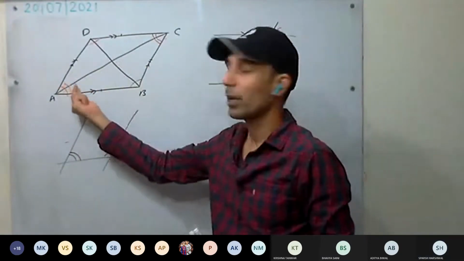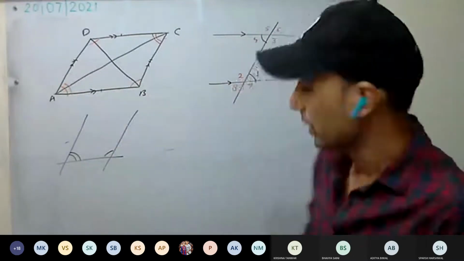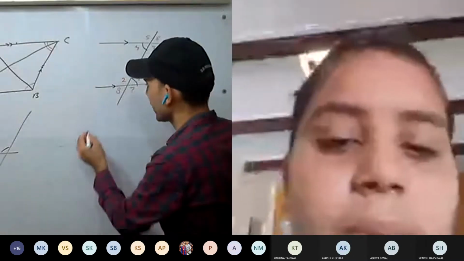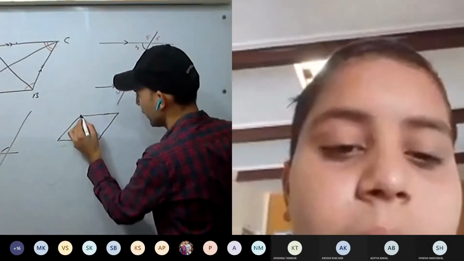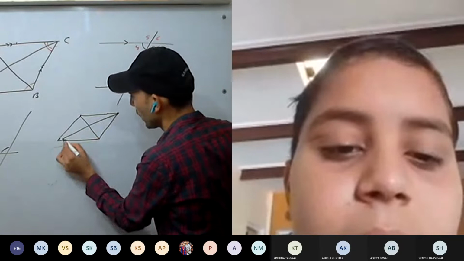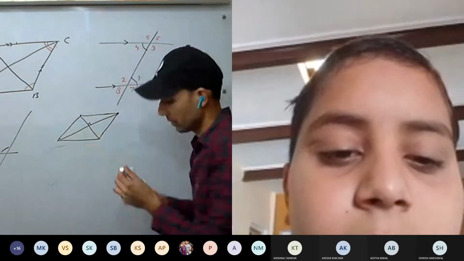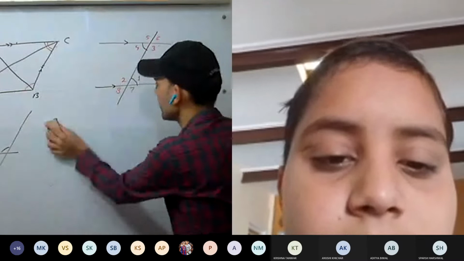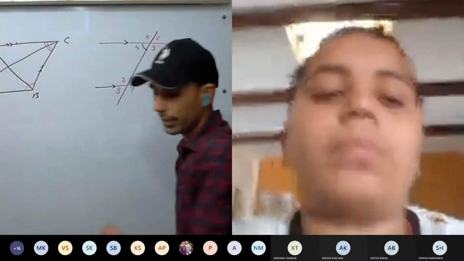If one of the angles of a parallelogram becomes 90 degrees, okay. Now see here, we are discussing, in rhombus and square, diagonals meet at 90 degrees. Now it is not a rhombus, a little bit. One minute. In rhombus and square only, diagonals meet at 90 degrees.